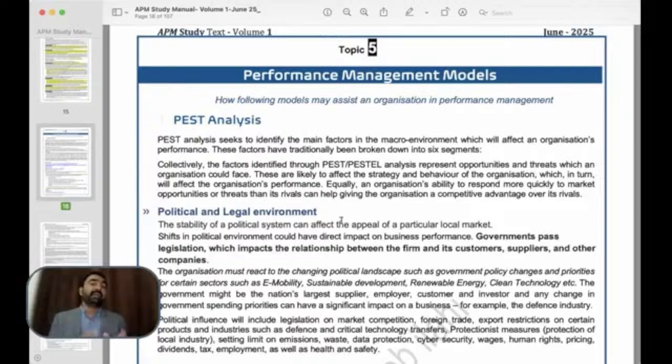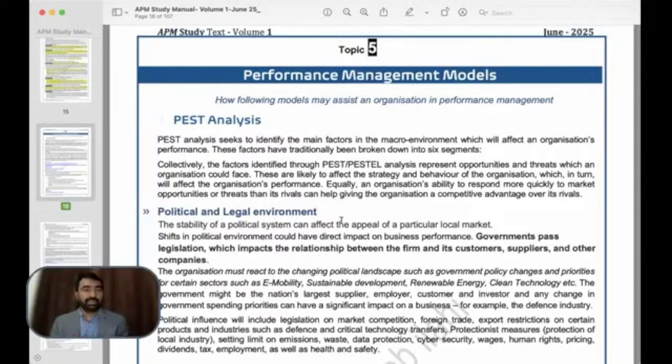But here at APM level, we study these models in performance context. I mean, we study this model, PEST model, to analyze and evaluate how the different macroeconomic factors may affect the